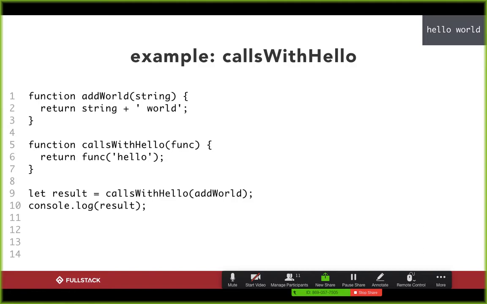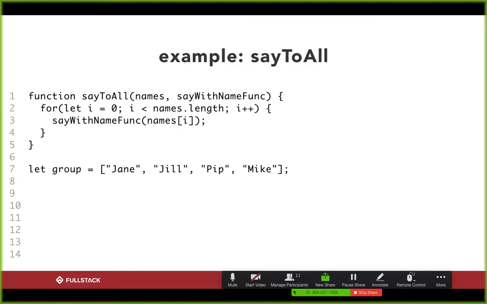Okay. And then one more example. If we go back to what we saw earlier with the arrays, more often than not, you won't get an array of functions. You actually get an array of inputs to a function. So here, if I take a look at this